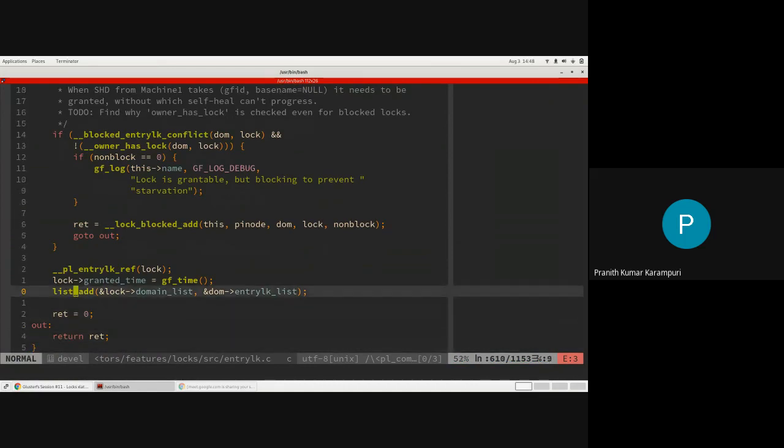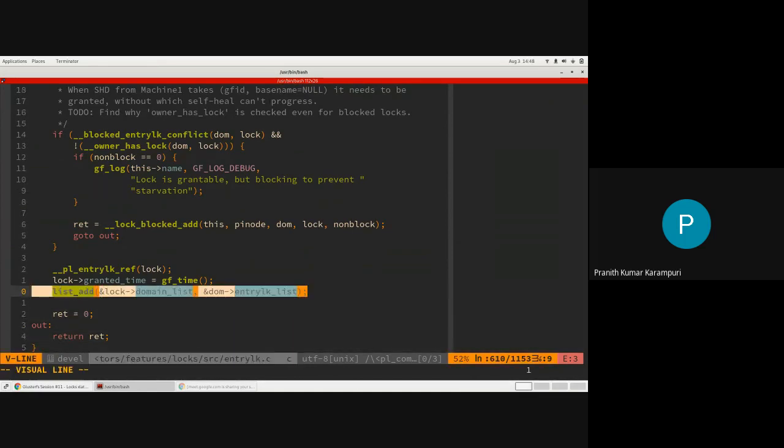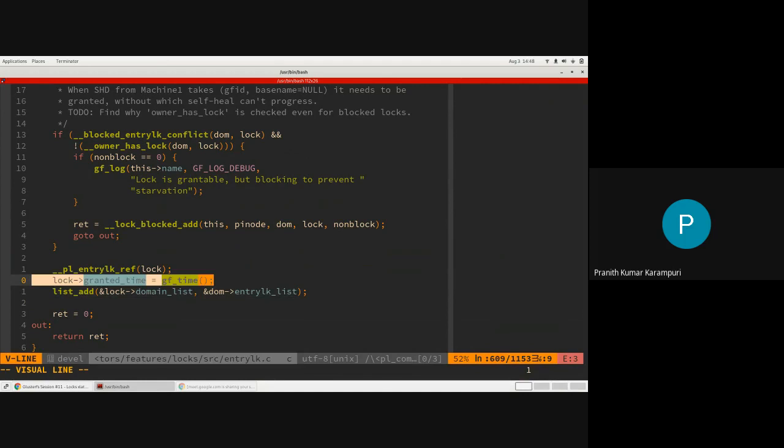So basically, at the end, if there are no conflicting locks, you just add the lock to the list of locks that are granted. You maintain all these lists so that you can check when it is granted, when it is blocked.